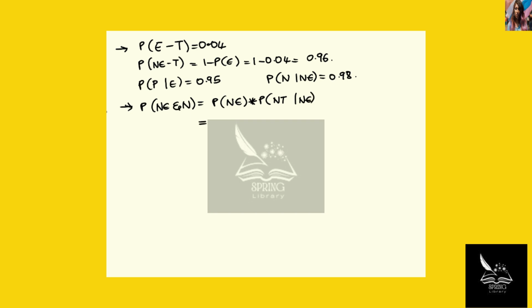After substituting the values, it gives 0.96 times 0.98. This value results in 0.9408. And the next problem, where we need to find the probability that the second person is not exposed and tests negative. So not exposed and test negative for both. The earlier value was only for the first person. This is negative for both.